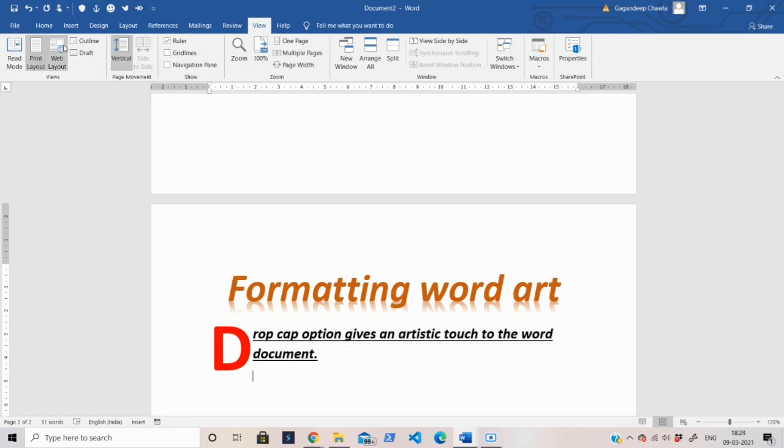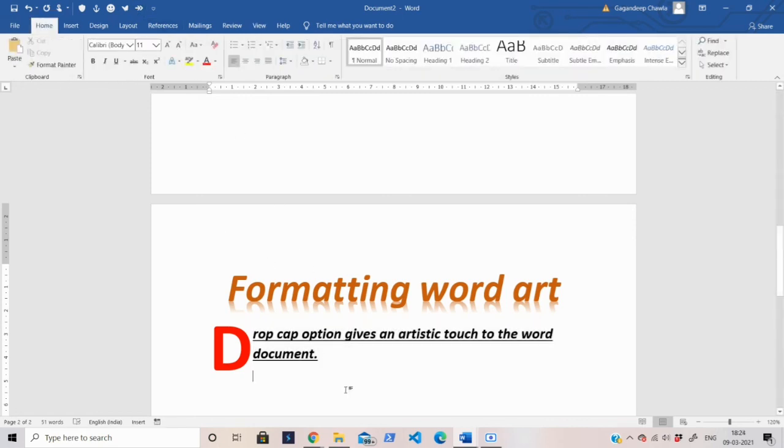Now let's write a text. Suppose you write macro, select this text. If you want to make it bold, italic and underline, instead of going into the Home tab Font group and clicking these three buttons, you can simply click on this arrow, and you can see that the text has become bold, italic and underlined by clicking on a single button only.